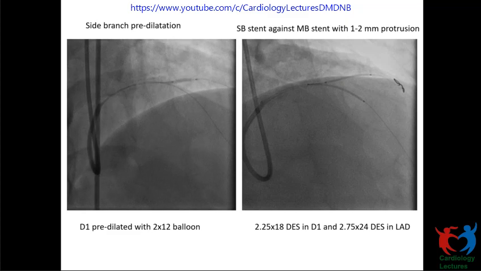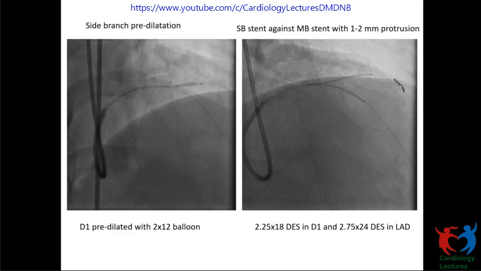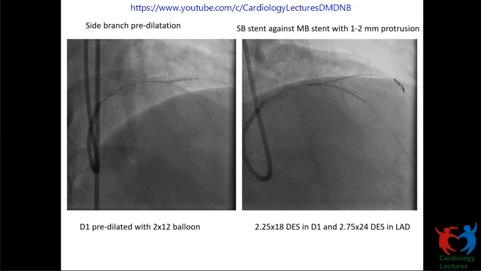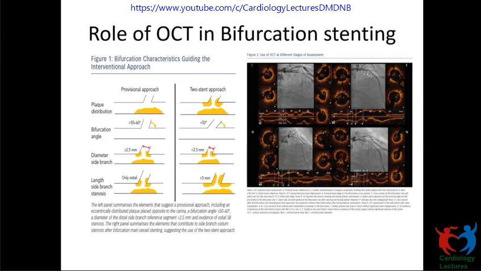An important point on OCT is the distribution of the plaque. Most of the time, what we think is that at the divider the most plaque is present, which is not true. Most of the time, it is more present in the lateral wall. And how much is present at the origin of the diagonal, the plaque burden, is going to determine the side branch occlusion. So we get the best information by the OCT for that sake.